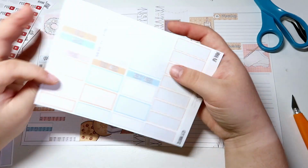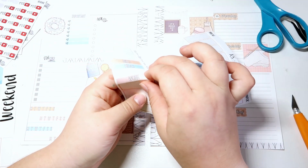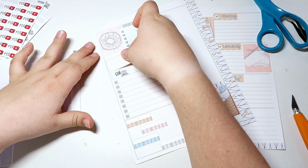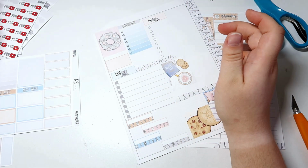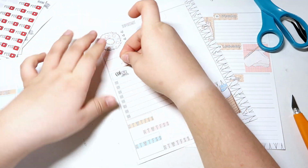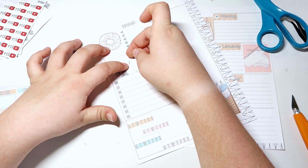And I'm thinking of adding a box over here just to add a little bit more of important to-dos and things like that. That way I can also add this little piece here as well, just to give this corner